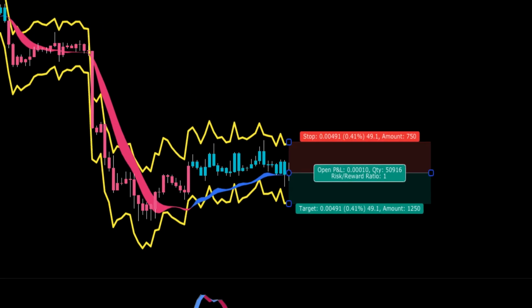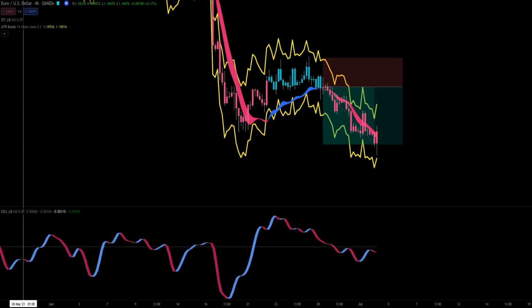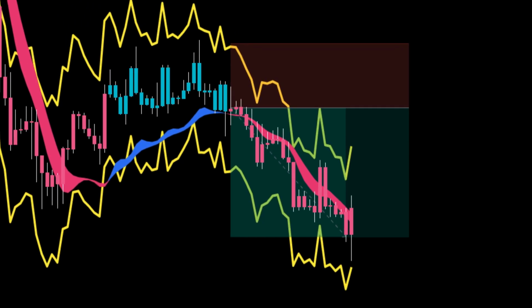Place our stop at 2 times the ATR above the trigger candle and target 1-to-1 for the first half of our position. When target 1 is hit, the rest of the position is moved to break even, and 2-to-1 is the next target. And this one continues the trend to our target. I'm going to show you one more quick short example.